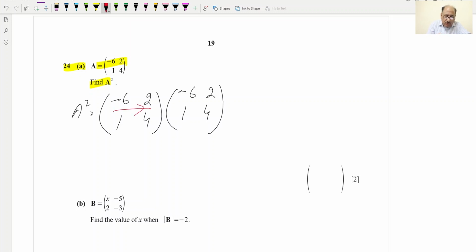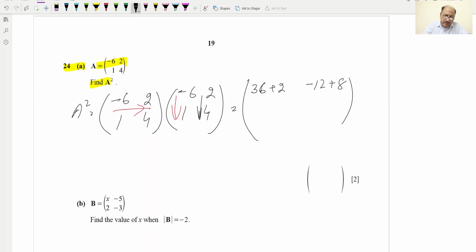So first row with first column, this will be resulting to minus 6 into minus 6 will be 36, and plus 2 into 1 will be 2, so plus 2, and the second term will be first row second column, so it will be minus 6 into 2 will be minus 12, and 2 into 4 will be 8, so plus 8,